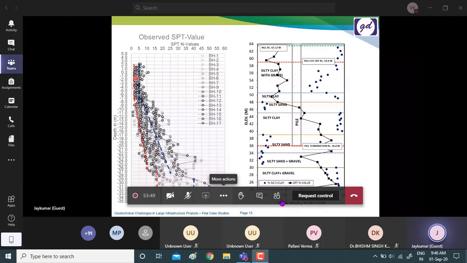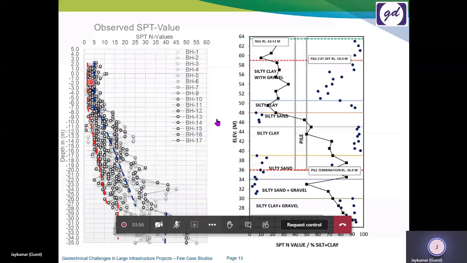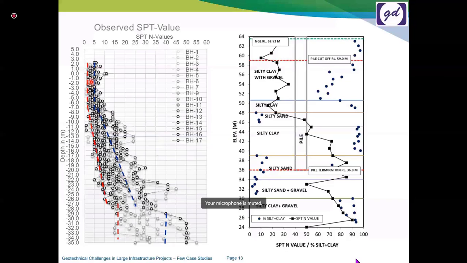Say errors, and some other aspects are involved with SPT values, how we take it to the site. We'll go through those aspects. However, if I say that I have some particular 50 by 50 square meter area in which one of my more important structures is coming, and I took almost, let's say, 17 boreholes in that area, and if I plot every SPT outcome onto the plot, it looks like this graph.